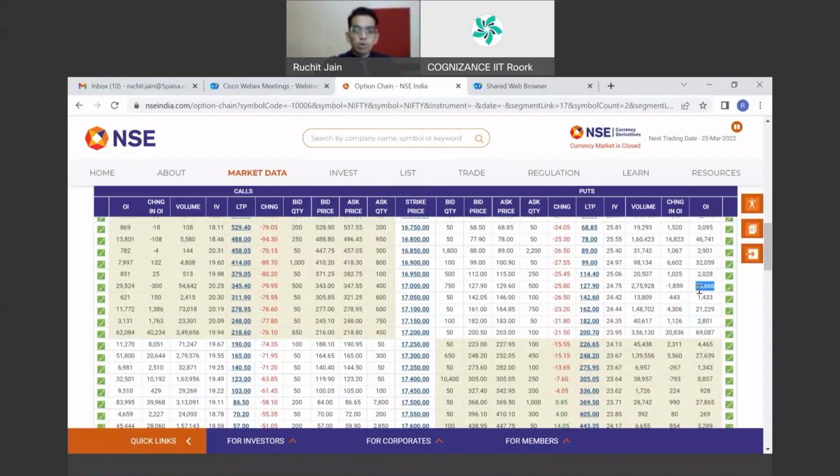Now, you found out support and resistance. You have to keep analyzing whether this open interest is increasing or decreasing. Traders keep on trading every second, right? Someone buys, someone sells, so the open interest also keeps on changing. If more and more contracts are getting opened, the open interest will increase. If existing contracts are getting squared off, then what would happen? The open interest will decrease.